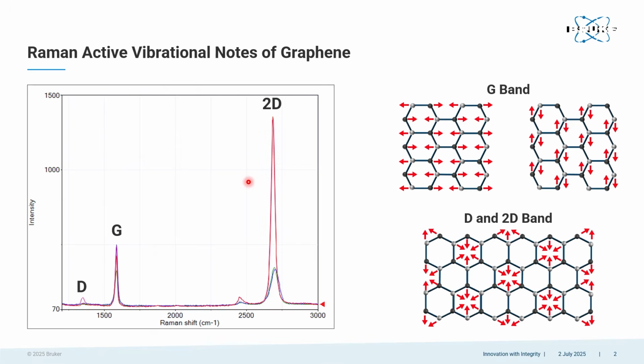The 2D band involves namely a two-phonon process. This results in this shift to higher wave numbers, whereas the D peak involves a single phonon scattering that is forbidden in normal graphene. This peak only appears through interaction with lattice defects, to create in that way a non-zero change in momentum. With that, we have this peak exclusively in very defective graphitic material, and in high quality ones, you should not see it, as we do.